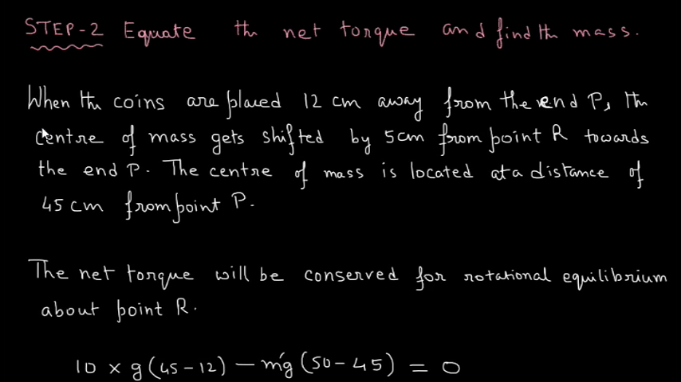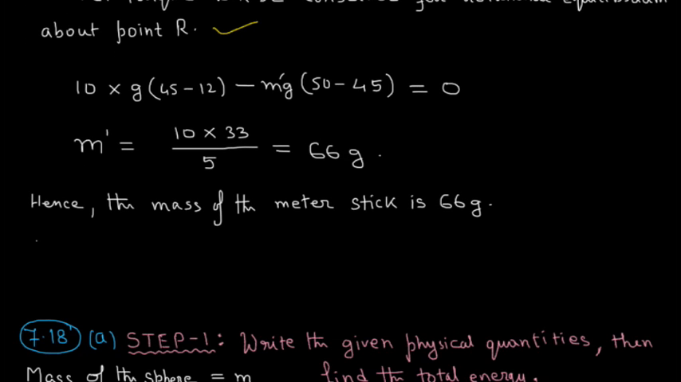So when the coins are placed 12 centimeter away from the end P, the center of mass gets shifted by 5 centimeter from point R towards the end P. The center of mass is located at a distance of 45 centimeter from point P. The net torque will be conserved for the rotational equilibrium about point R. So we can write it as